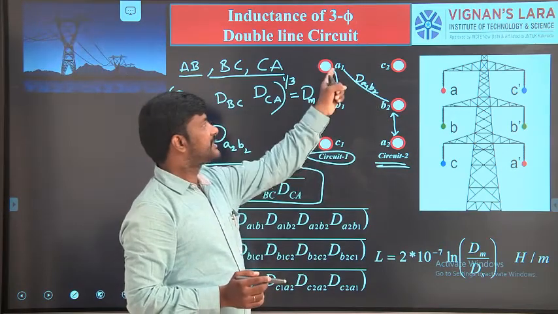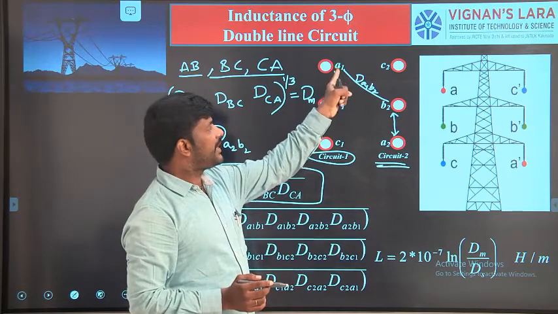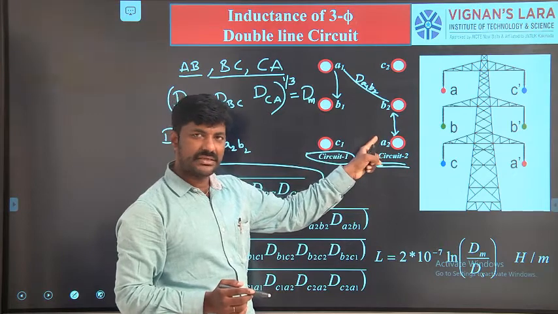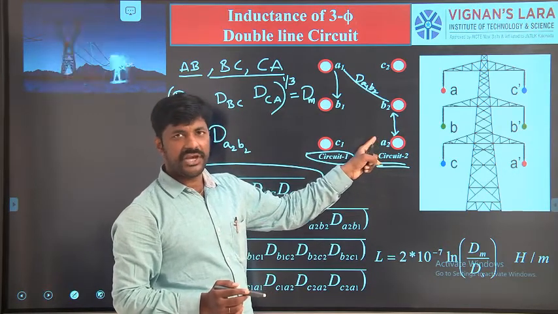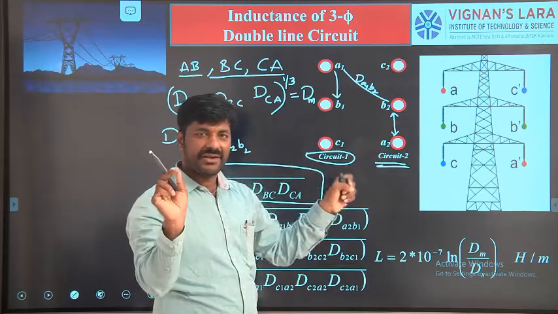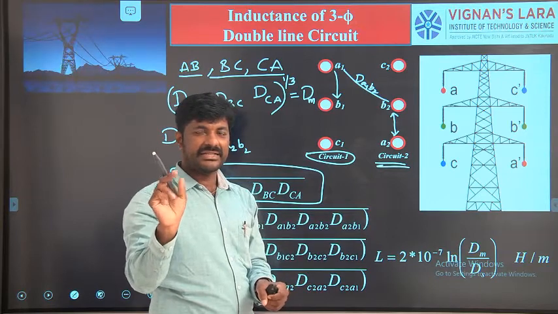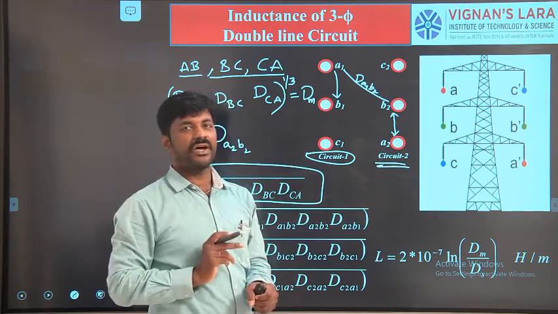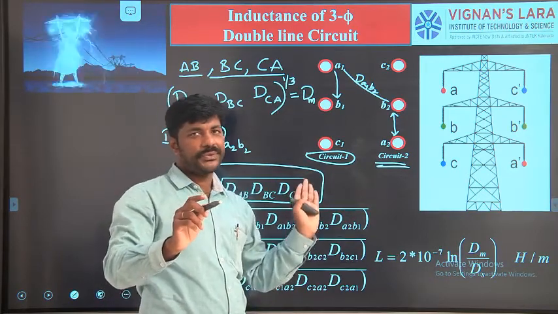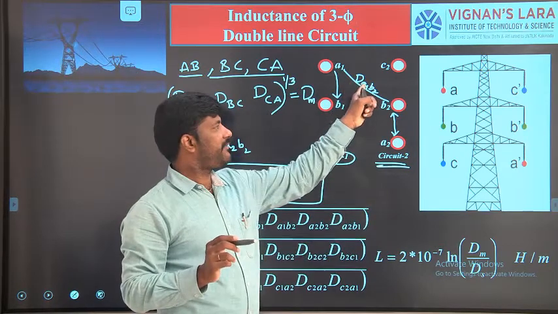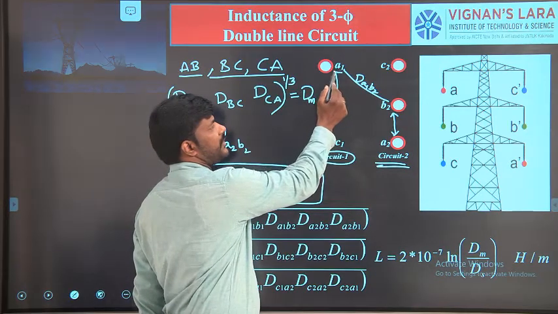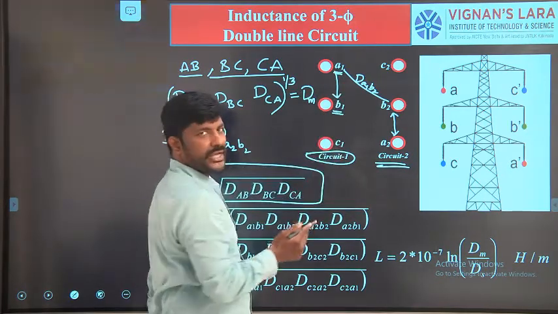You may ask me, sir, this A1 conductor can also be linking with A2, not only B2. Yes, definitely, it links with A2 also, but observe the suffixes: between A1 and A2, the same phase and same conductors, it comes under self. That is why now I am not bothering about that. So, one possible distance between circuit 1 to circuit 2 is A1 B2. Next, you have observed only with A1. Why not with B1? Yes, you can observe with B1 also.